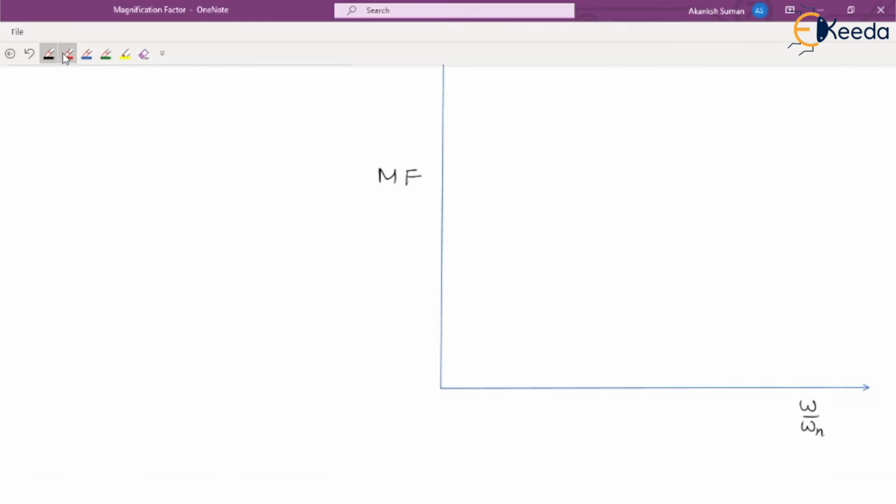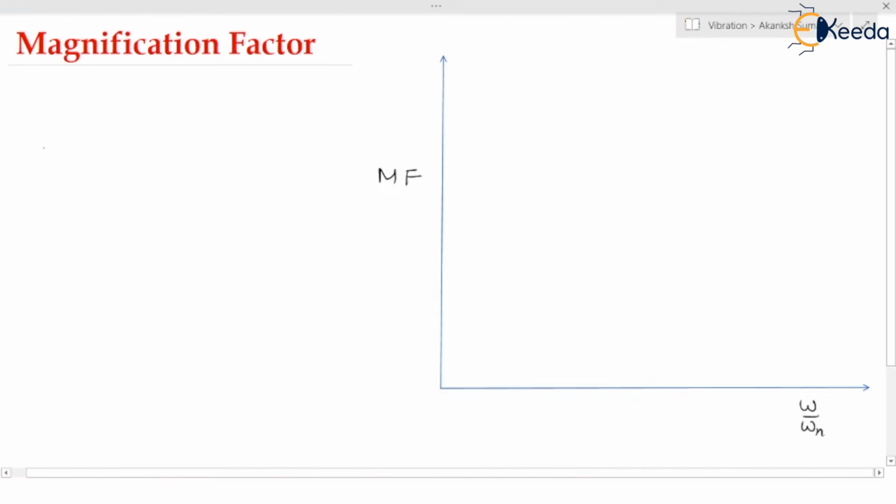Magnification factor is nothing but the ratio. It is the ratio of amplitude upon F naught upon s. This is the magnification factor. Okay. So when you put the value of amplitude, you will get, I'm just writing here,